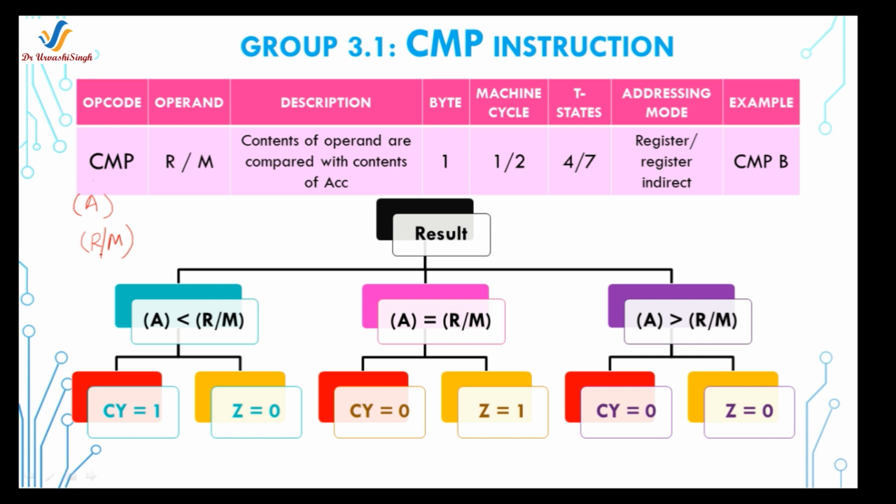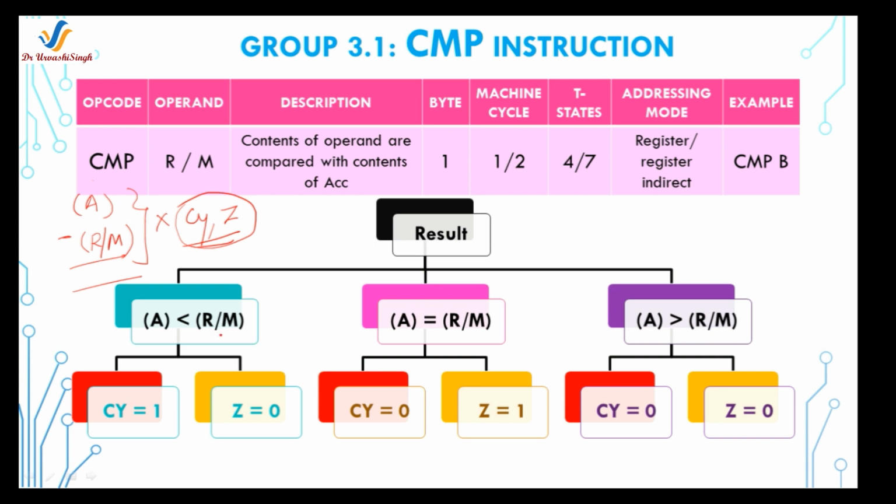So the contents of register or the memory location will be subtracted from the accumulator. In this subtraction operation, note the point that the contents of accumulator or the operand will not modify. Then how will you know the result? Result will be reflected in terms of carry and zero flag. Yes, all the flags are going to be modified, but you can determine the result only by the values of carry and zero flag. So let's understand the three probabilities of the result.